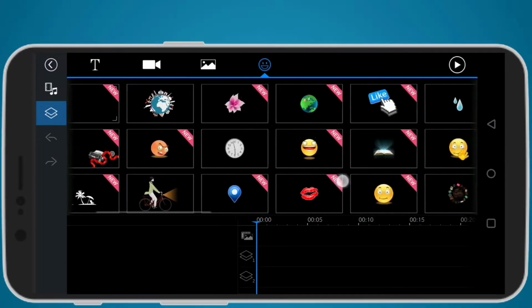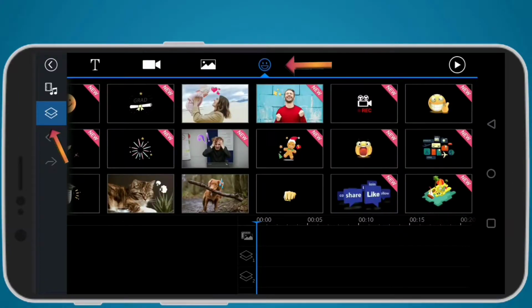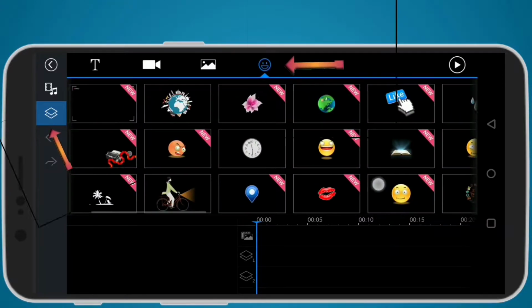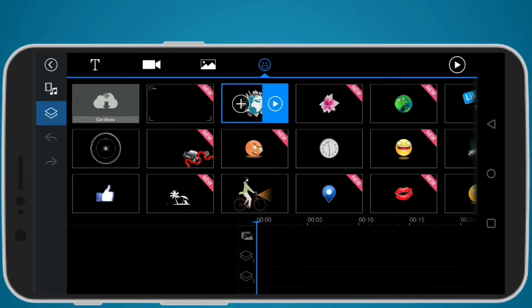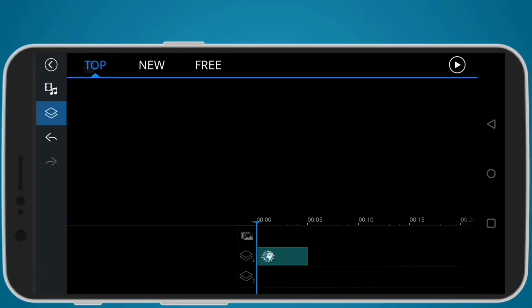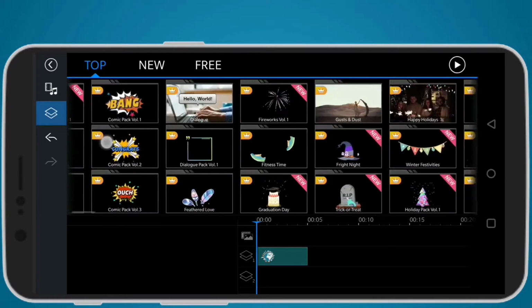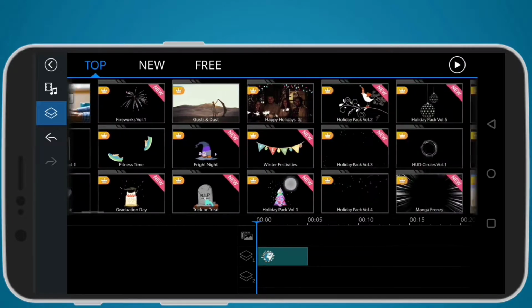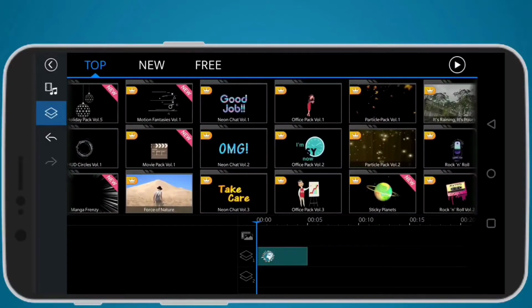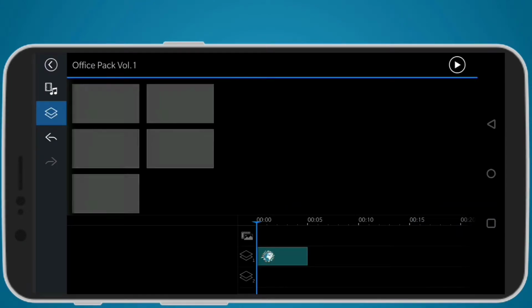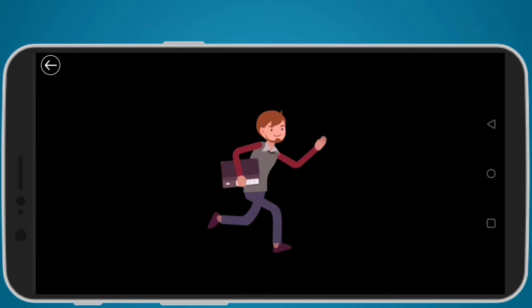We can get both these stickers by going to the layered video section and selecting the stickers part. We need to find the picture of the earth and import it to the timeline window. Let's go to the get more section and we can see a lot of stickers here, and we can find Mr. One in the office pack. This is a premium pack and we can unlock it by watching a small video once. We need to get him to the timeline window.